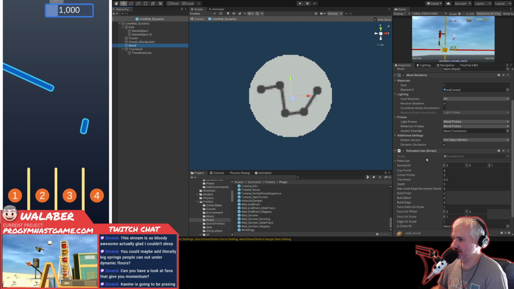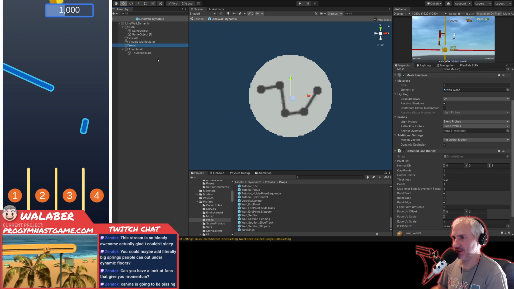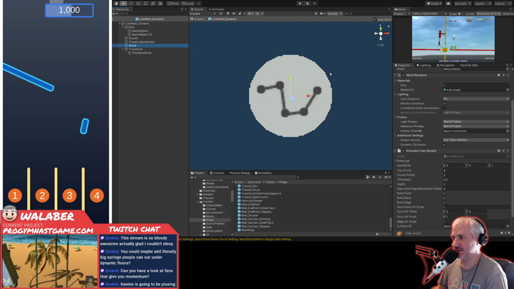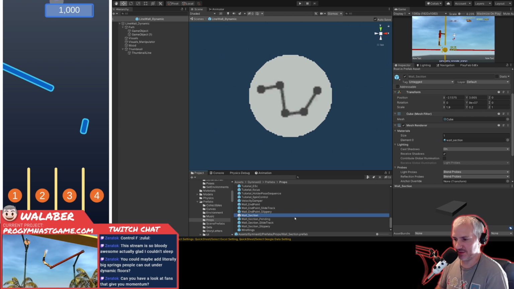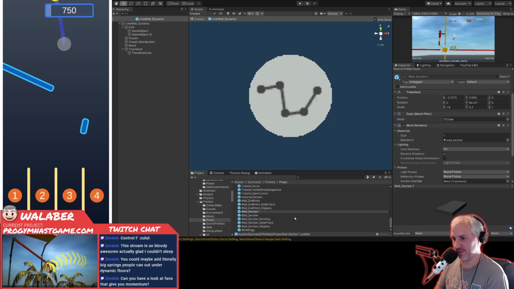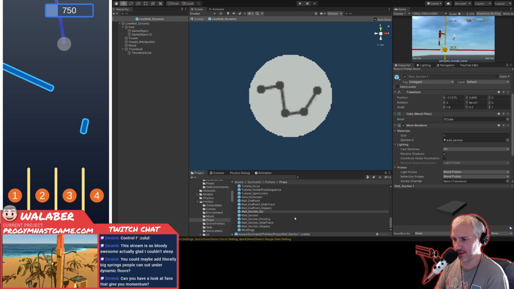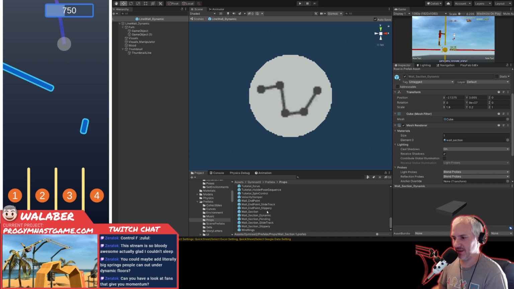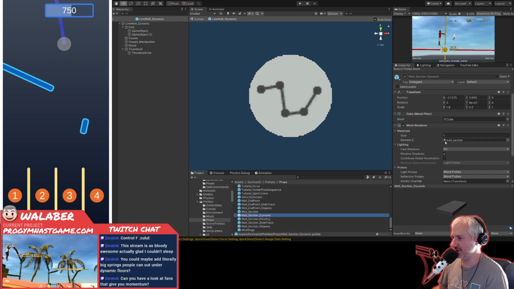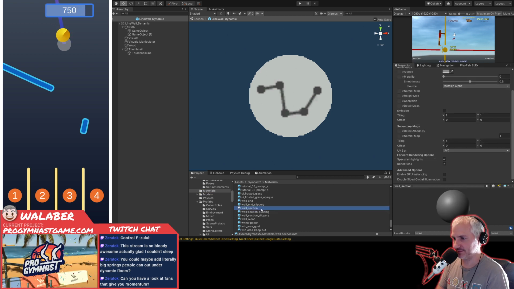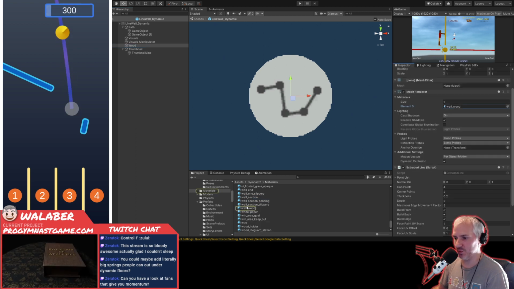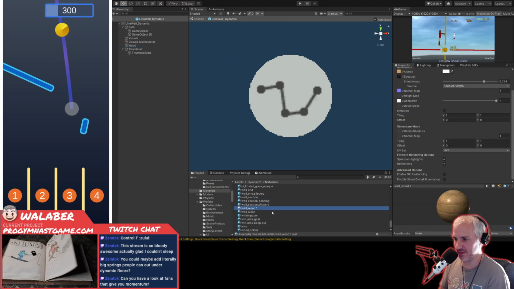Okay. Right. So I would need to make a duplicate of this so I can have a different material. So we'll dupe this and call it wall section dynamic. And really the only difference we're going to make over here is a new material called wall section. Wait a minute, maybe not. No, yeah, wall wood. There we go. So we'll make this one called wall wood